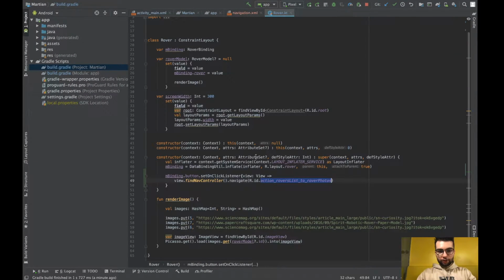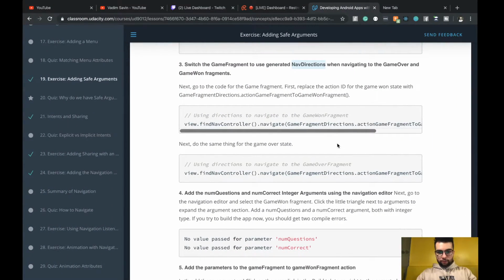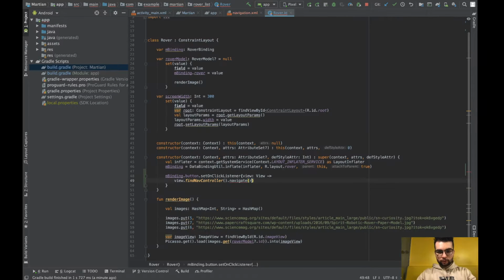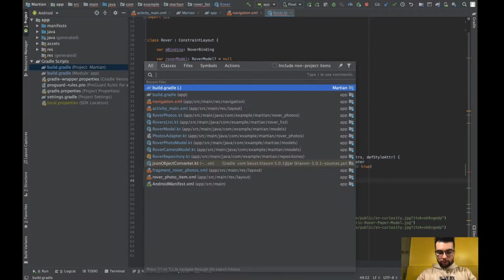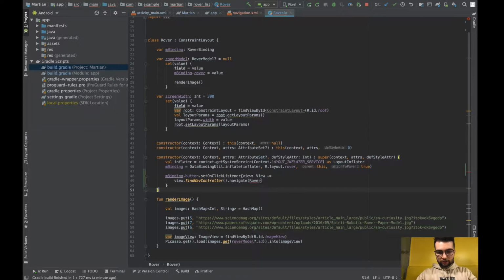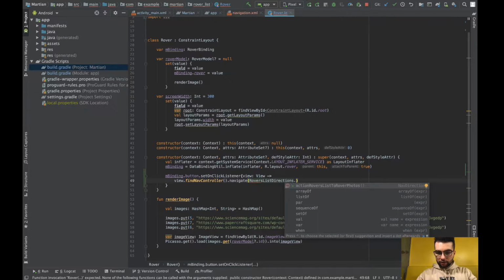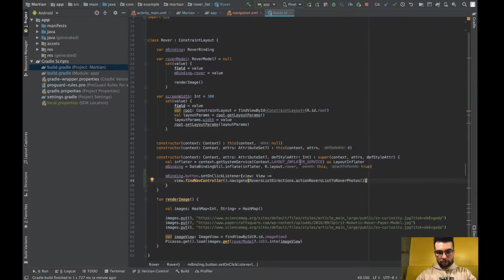And if we go here, and we say rover list directions, it has this action rover list to rover photos. And if we run it,